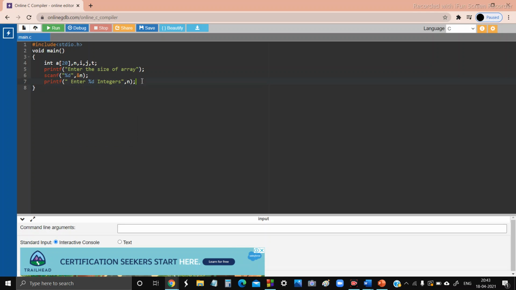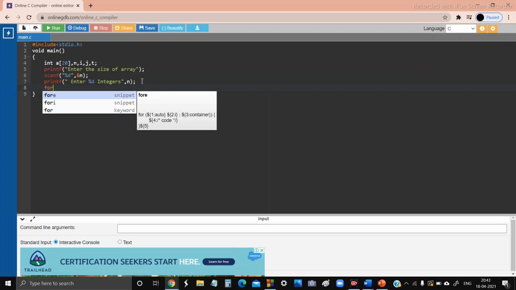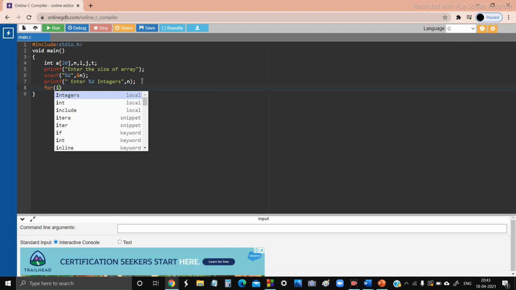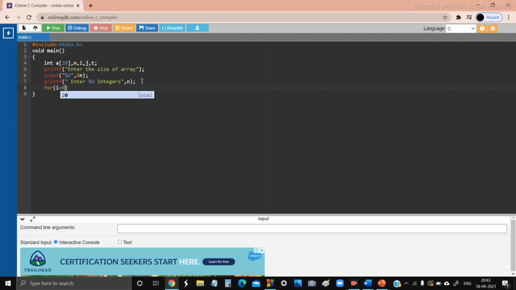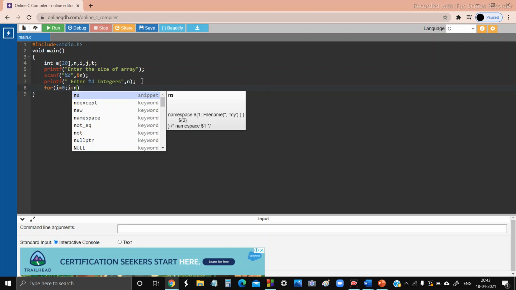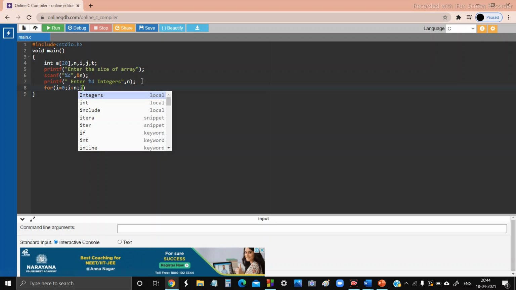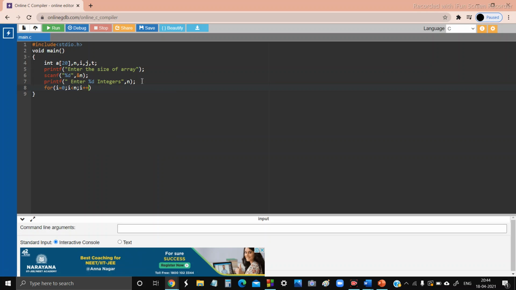Next, to get all the elements, we are using a for loop. For i is equal to 0, i less than n, i plus plus. We are getting the elements of the array corresponding to its index value. If i is 0, the first element is entered.